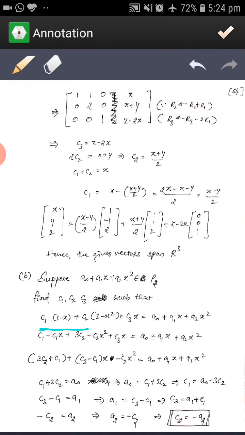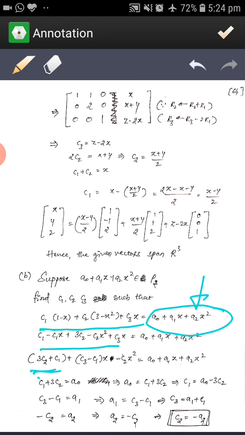So we are equating c1 v1 plus c2 v2 plus c3 v3 to the polynomial, similarly like a0 plus a1x plus a2x² polynomial. Okay, so the same thing, cross multiplication we have done. After the cross multiplication, and what are the